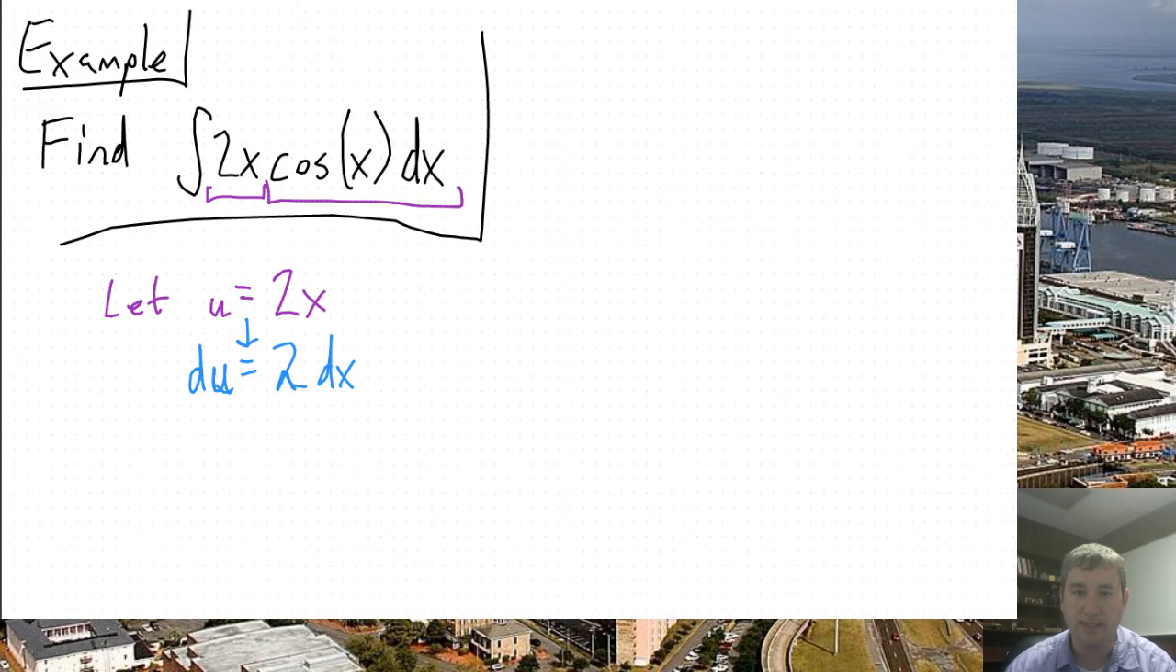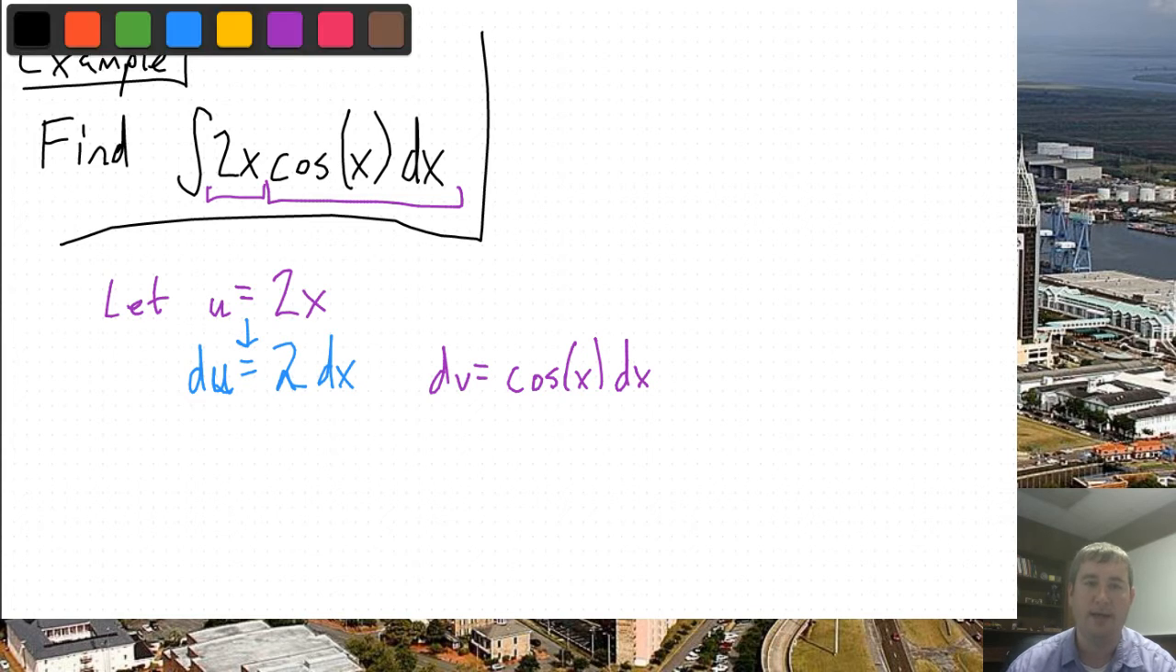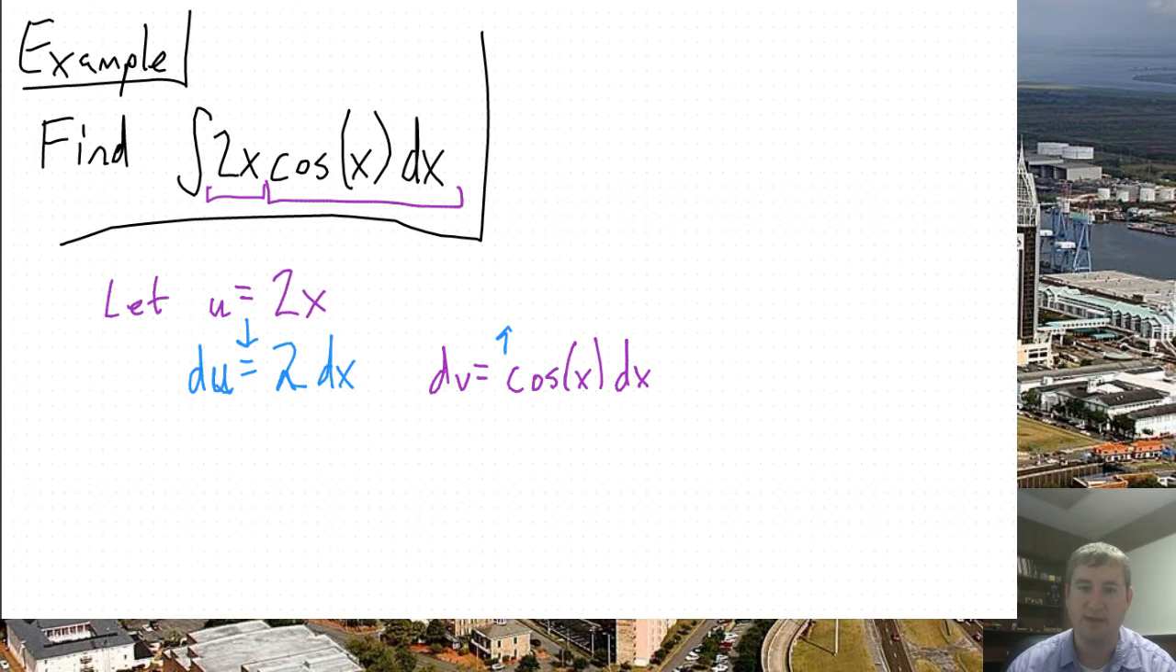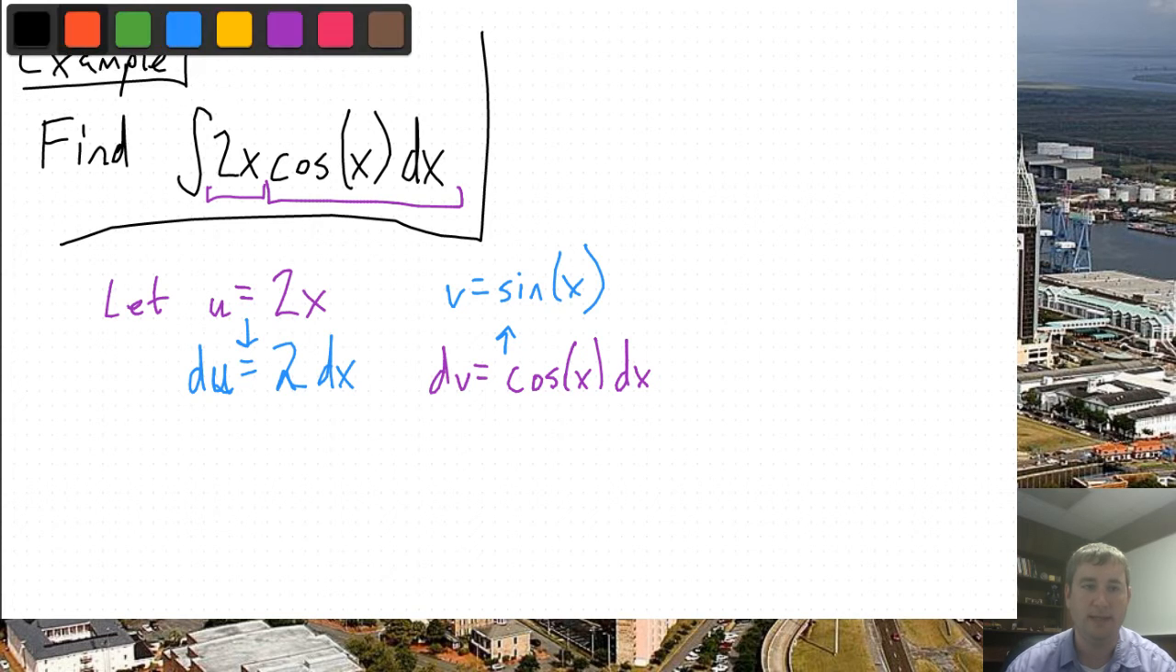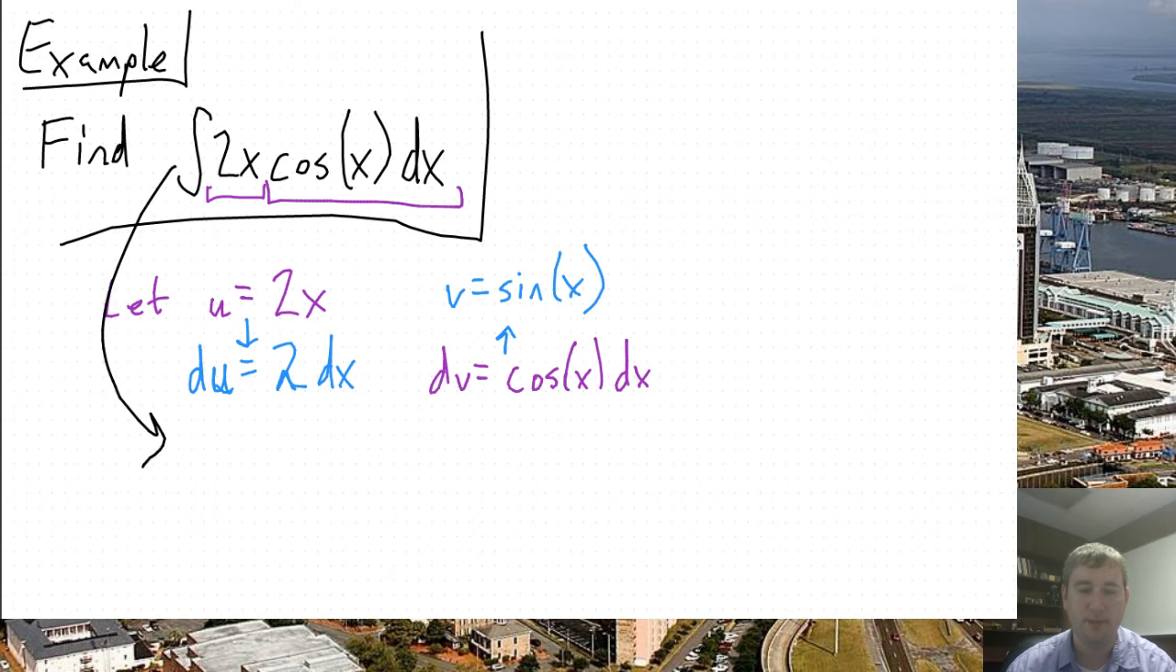And then what's the rest of my integral? Well, my dv should be the rest of the integral. And that's my cosine of x dx. And I can integrate that, just a plain old cosine by itself, that's not hard. Sine has a derivative of cosine, and that'll be my v. So now I can take this integral and rewrite it as u times v